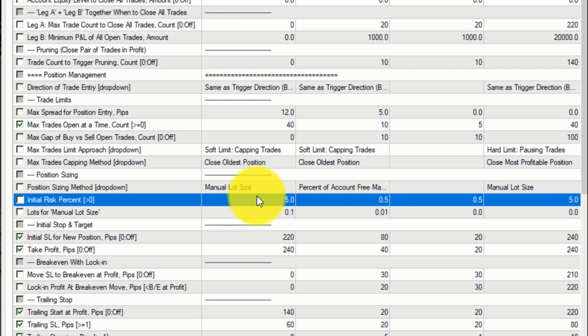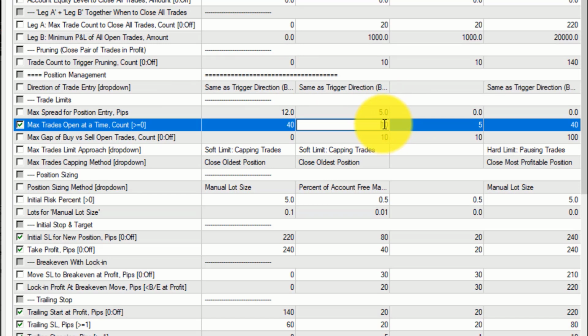Then the next thing that I want to do is look at the maximum trades open at any one time. Just think about this from a practical point of view. Suddenly there are 40 open trades running all at the same time. It can get pretty chaotic. It increases the risk tremendously, and the way of reducing risk is reducing the number of potential trades that you can take. So I am going to actually reduce this, and I'm going to go for